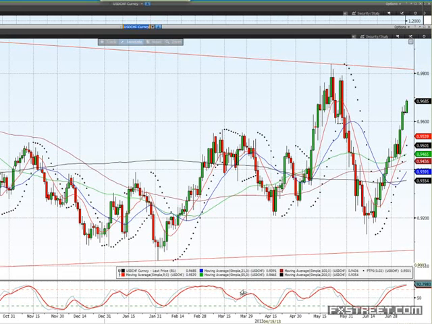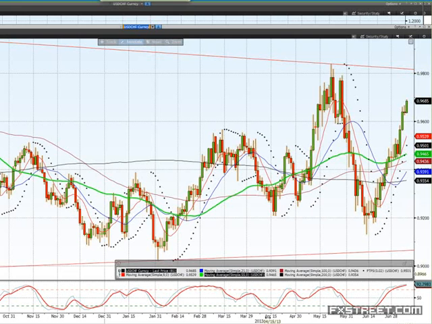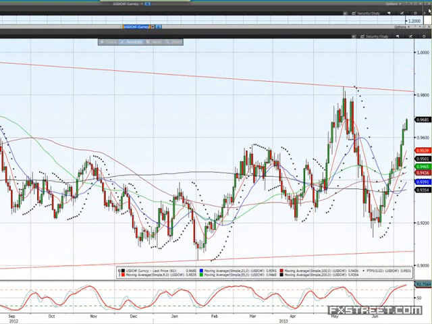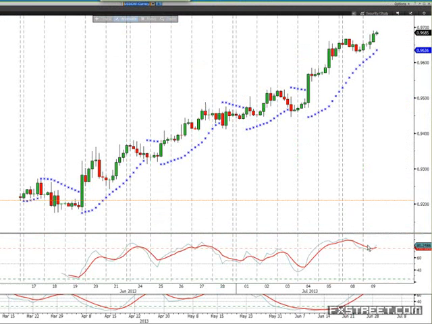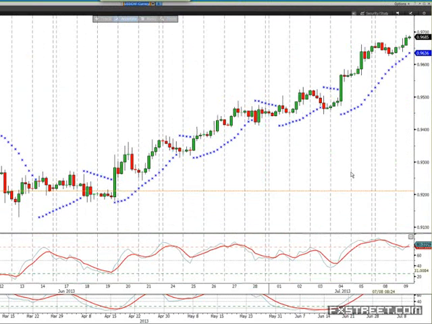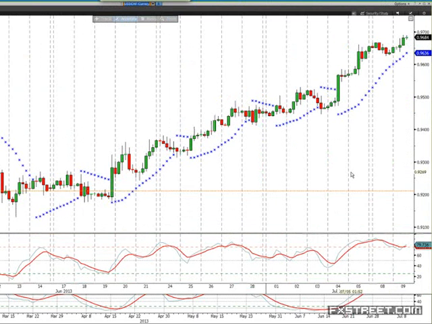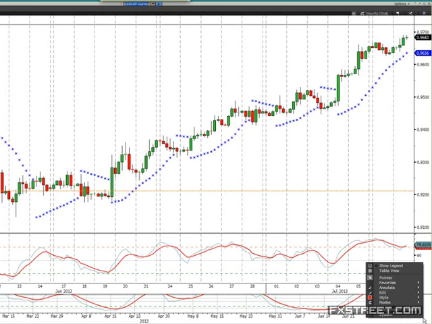Doesn't really tell me much. I mean, you can see we're not trending in any particular direction. Short-term trend is up as we head towards the upper end of the range. 4-hour chart, no, not really telling me anything. You know, the idea is that the trend is your friend and you go with it, so there's no reason to fight that at the moment. There's nothing telling me that this is going to come to an end. We're getting a bit overbought, so that doesn't mean we won't go lower, but there's nothing for me to tell you that it will happen, so not safe to be getting short that one, I would suggest at this time.